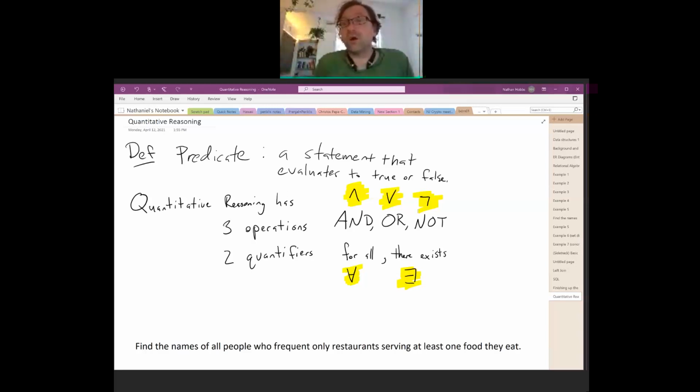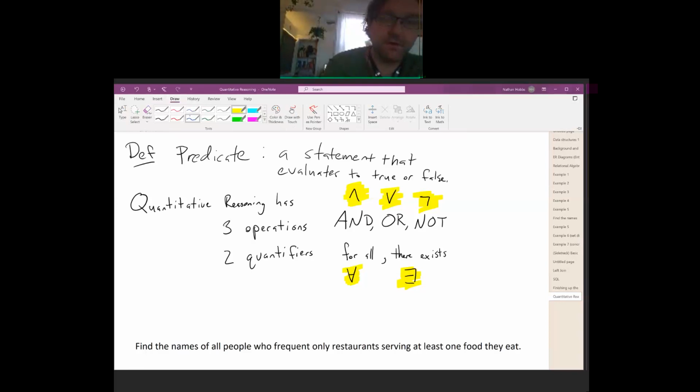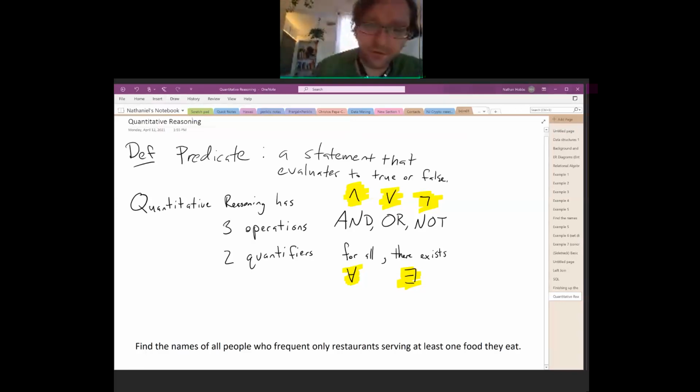Quantifiers are, there's only two, and that is for all and there exists. There's other ways of saying these, although they're the same. Let's see, for all, for each, for every,